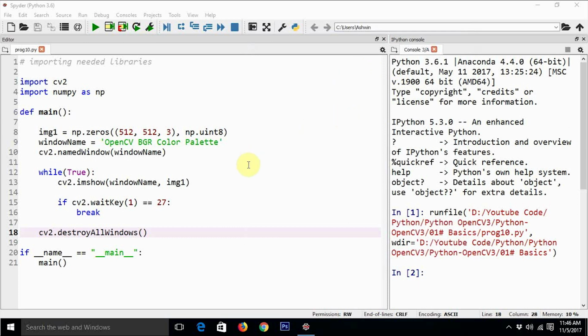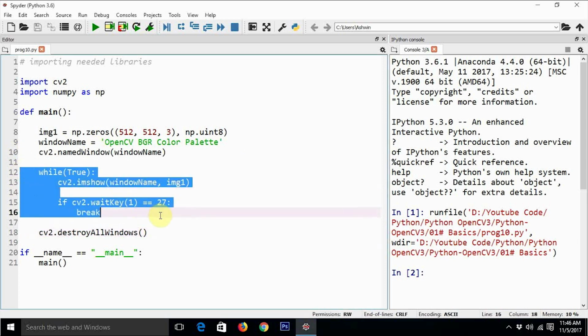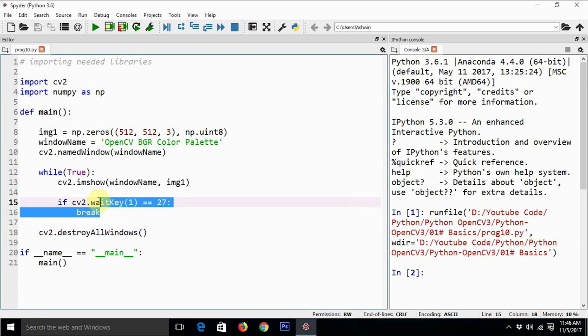See, we could have actually used the earlier logic, where we just waited for a key press and then terminated the execution of the program. But here we are supposed to update the image very frequently. So whenever we are supposed to update the image very frequently, this logic is predominantly used. This is one of the building blocks of the code.